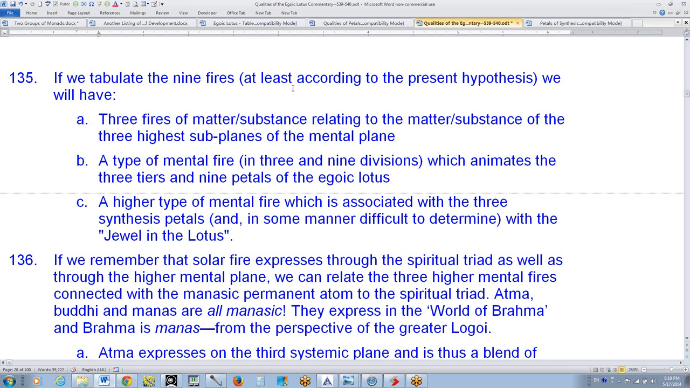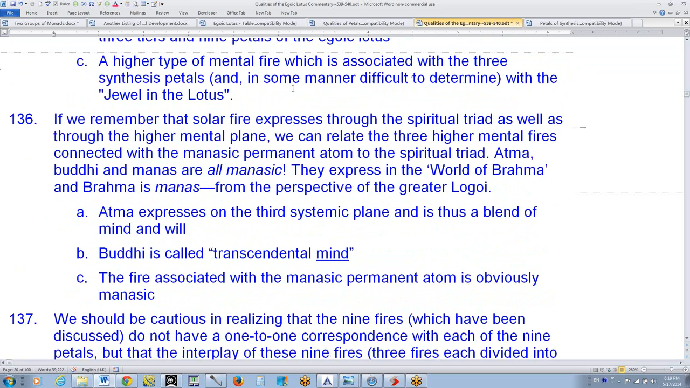And also a higher type of mental fire, which is associated with the 3 synthesis petals and in some manner difficult to determine with the jewel in the lotus. So these are possible types of mental fires that we can find on the higher 3 subplanes of the mental plane. If we remember that solar fire expresses through the spiritual triad as well as through the higher mental plane,